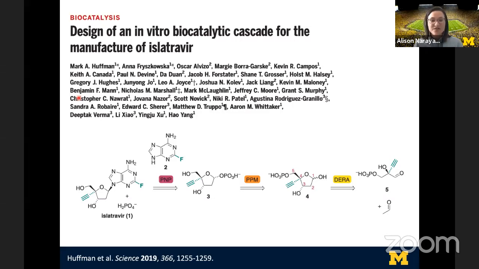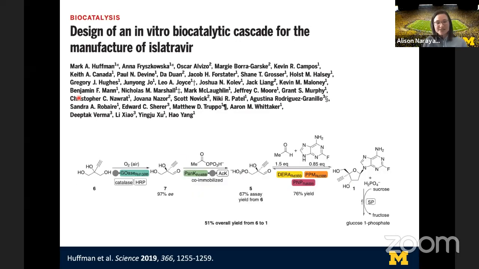And so they envision stitching together this entire molecule using enzymes, and were able to engineer the enzymes appropriate for their specific substrates to ultimately achieve a sequenced one-pot synthesis of islatravir. And so I take a lot of inspiration from this synthesis, thinking about how do we do one pot total synthesis of complex molecules? And in my opinion, in order to enable more synthetic routes that are possible using this